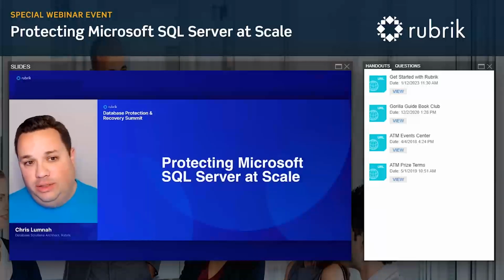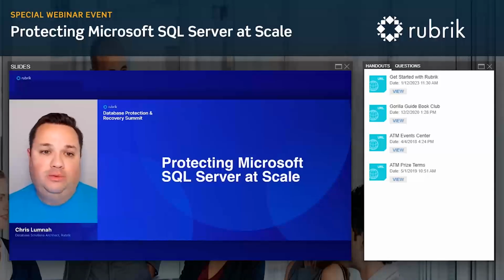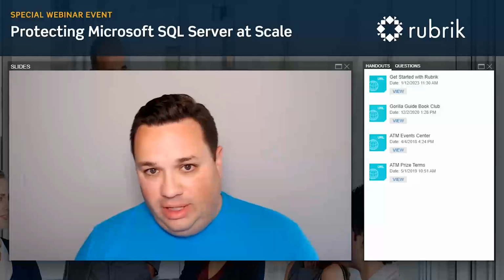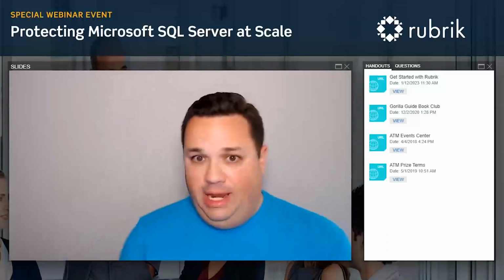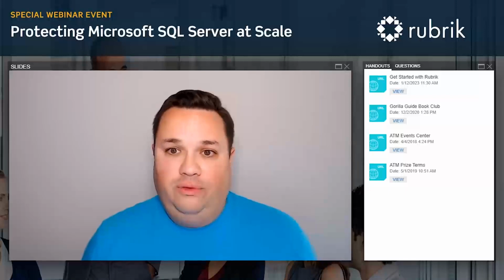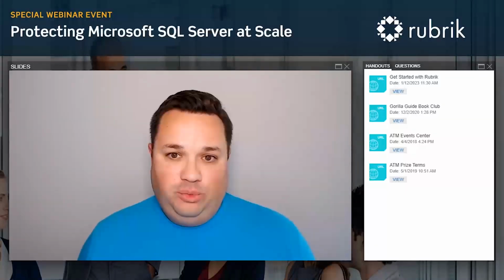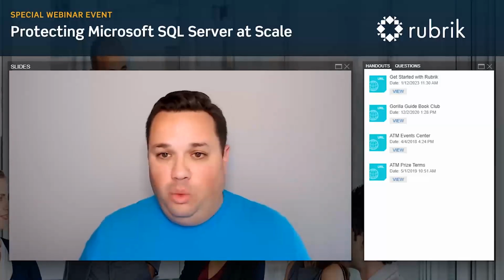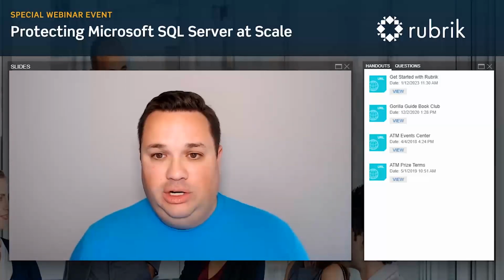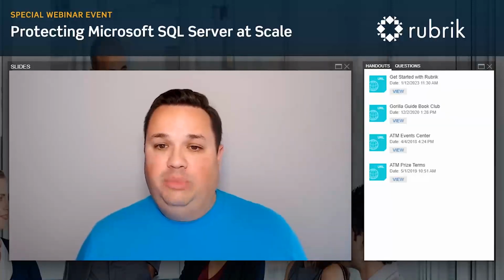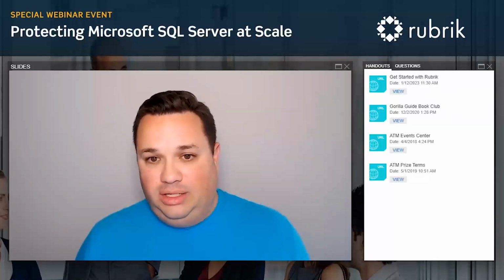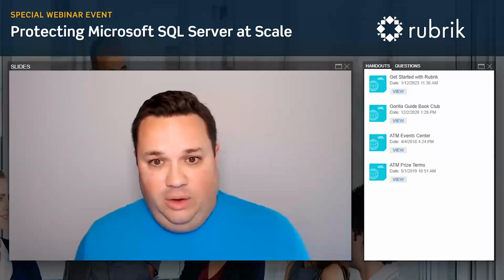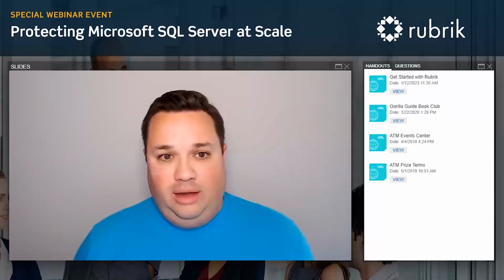So today, we're going to talk about SQL Server with Rubrik and how Rubrik can help meet a lot of the challenges that DBAs have. In our previous lives, we both were DBAs. And as DBAs, we had to manage a large, ever-growing environment. Our first priority was always data protection, with users having access to their data being priority 1A. Additionally, we had to make sure that data protection tasks did not affect business operations. Because of this, we always had to think about problems with dealing with the environment. So today, we're going to take you through some of those problems, and Chris is going to show you how Rubrik solves those problems.